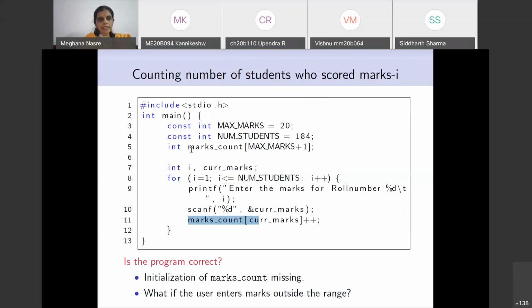But at the index 23, first of all, after all of this, we are going to print out, for i equal to 0 to 20, marks count of current marks, right? That is what we will do to print out the frequency. But what I'm asking is what happens when we try to enter 23 here?